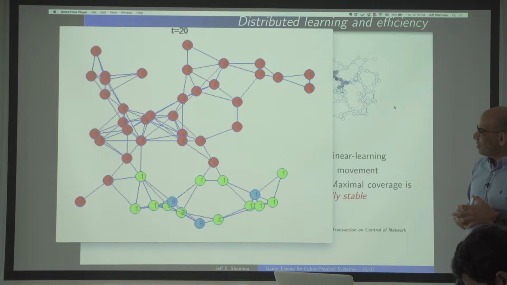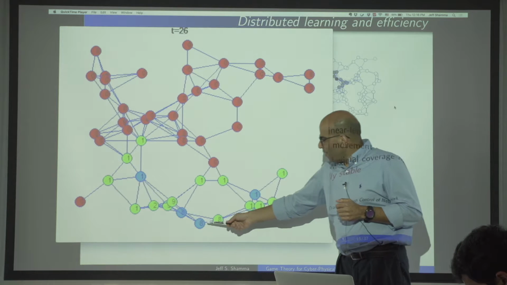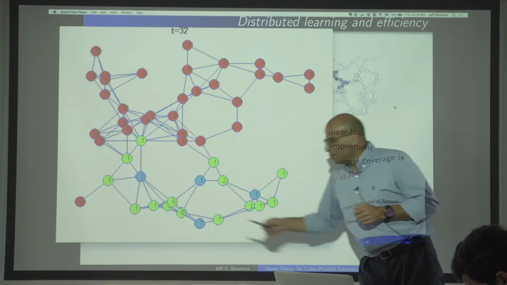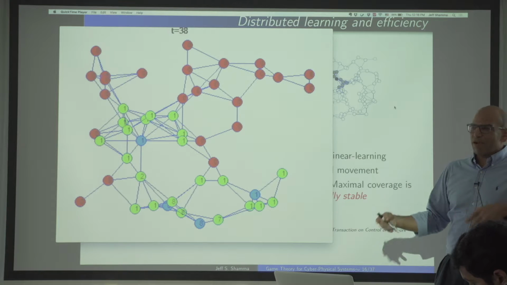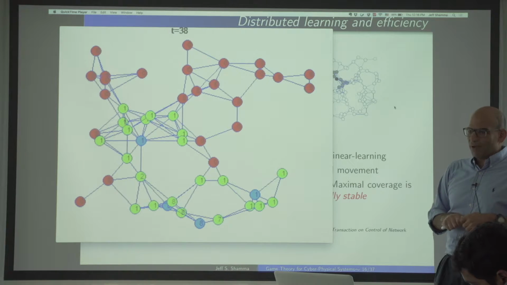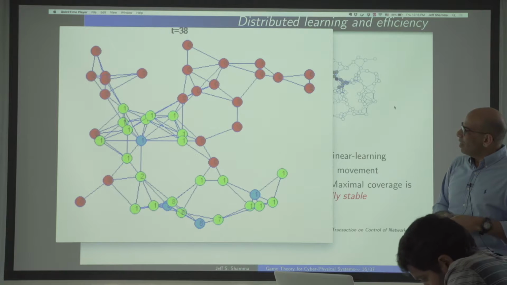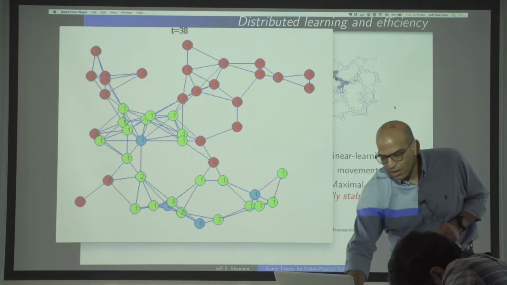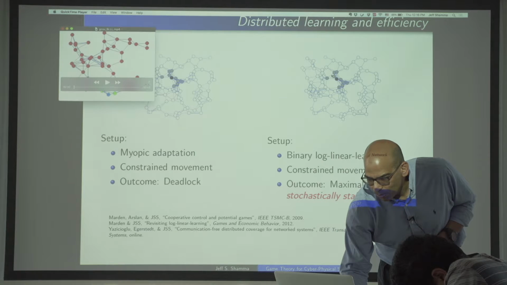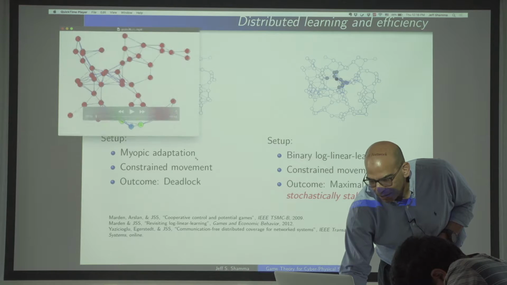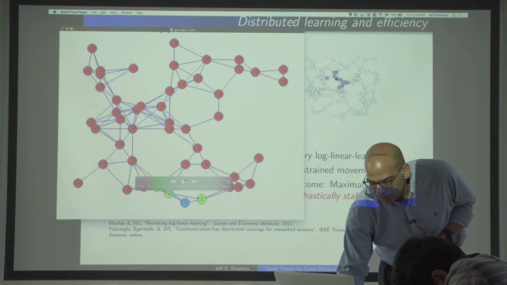And what happens here is that you have 8 nodes that are just sitting here because they don't have anything better to do. If I'm here, if I'm there, it's the same, so I'm going to be lazy and stay where I am. Okay? And this reaches a deadlock configuration. Now, if we introduce some exploration versus exploitation in a particular way,